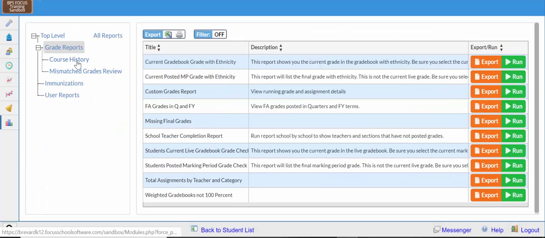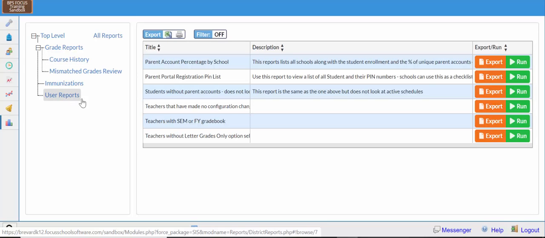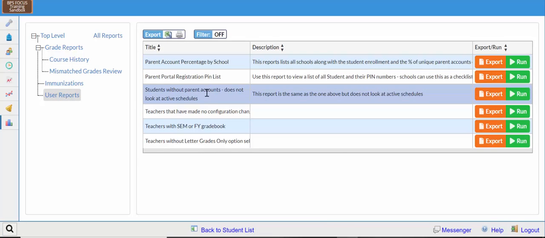So those are the grade reports. You can look at course history reports as well in there. The other type of reports are user reports that are pre-built. So here's where we could get a students without. The interesting one here is